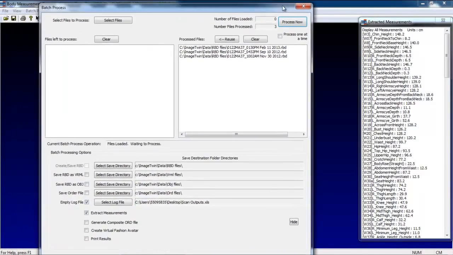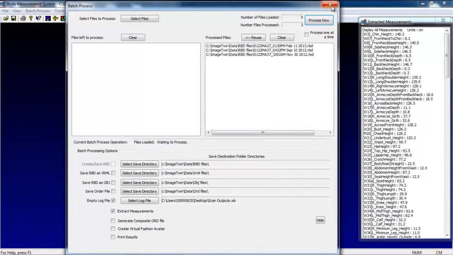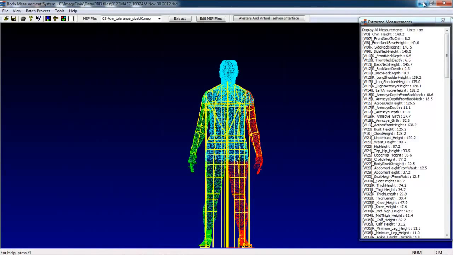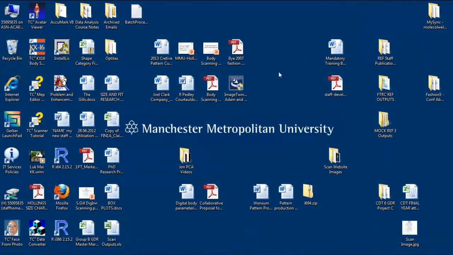Once it's completed the processing of your measurements, you can close this menu down if you wish to and minimize the scan software, and you'll see here you have the scan outputs as a .xls file and this batch process log file that you have, which records the processing itself or what you've done just as a record. Now if you open the scan outputs file,